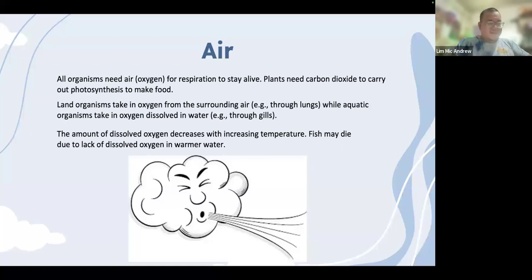Okay, all right. So there's a very small group of species that can survive in a low oxygen level. Why? Because the majority of us, the majority of living things, need oxygen to carry out